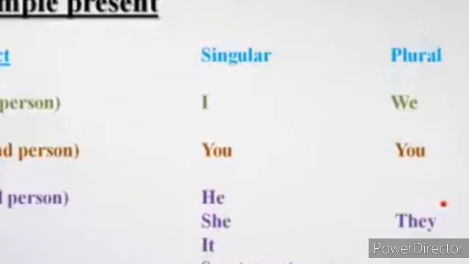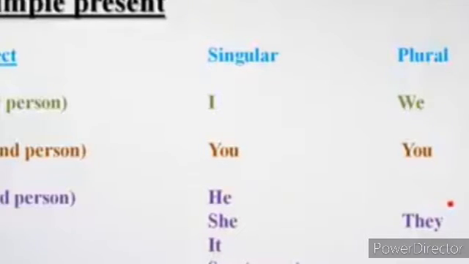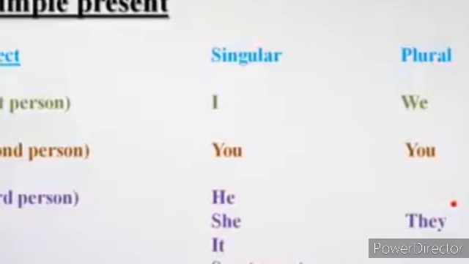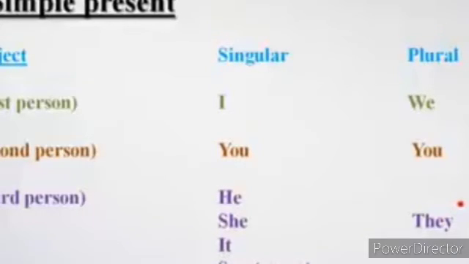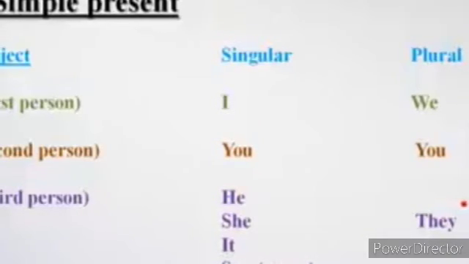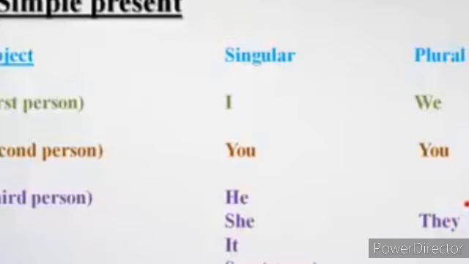Means you will be the same at both places. It will not be changed. And third person is the one we are talking about. In singular we use he, she, it and the name of the person, and in plural we use they. So you can see, first person means the one who speaks, second is whom the first person is talking to, and the third person is the one we are talking about.